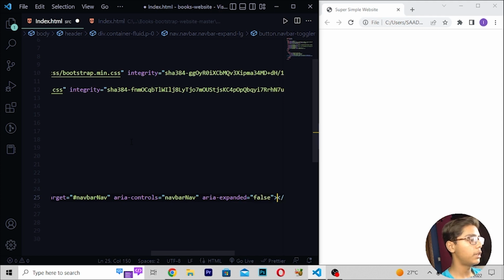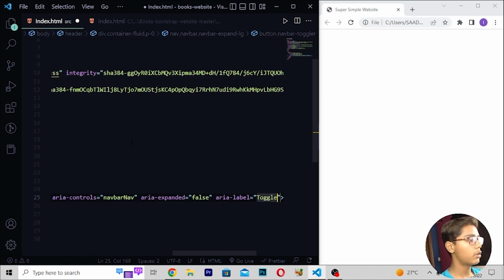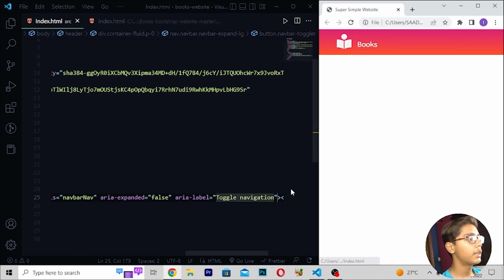Then I will be writing aria-label is equal to toggle navigation. Save this, then reload. So you can see we are getting all this.